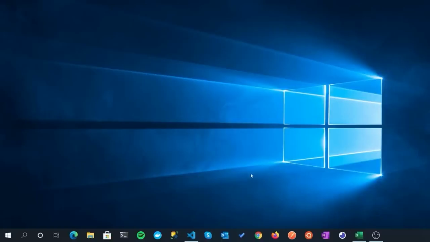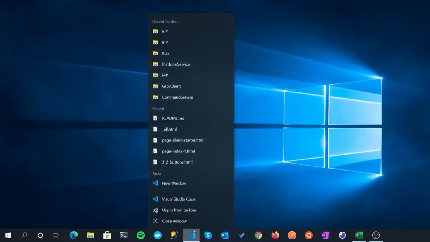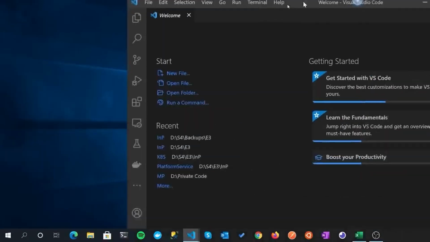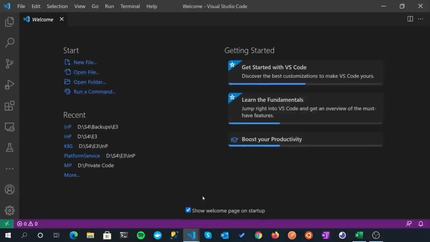All right, so I'm going to come over and we're going to start to build our platform service. So I'm just going to start a new Visual Studio Code window, and I think it's probably started it on my other screen. Indeed it has, so let me just pull that over. Rather annoying. Now I've got my screen running at 150% magnification, so hopefully that's large enough for everybody to read clearly what's happening on screen, but at the same time balance that it's not too cramped for writing code. So I might change it if it's a bit too cramped, but I think this is going to be okay.